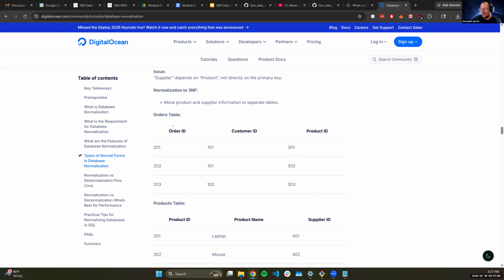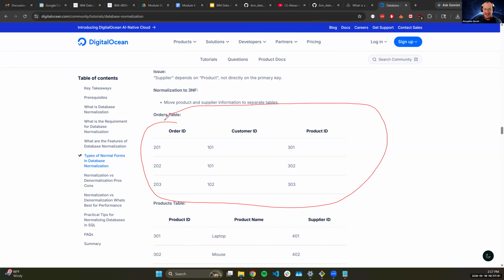This is what my table turned into. It's a table of IDs, and that's all it is. Maybe I would also add the order date here as well. That could probably be a useful column. But here, if I want the customer information, I have to join to it. I have a relationship. I have to join on customer ID.